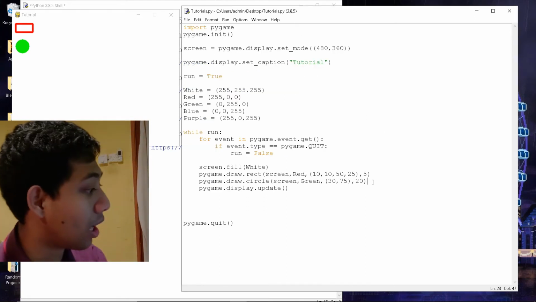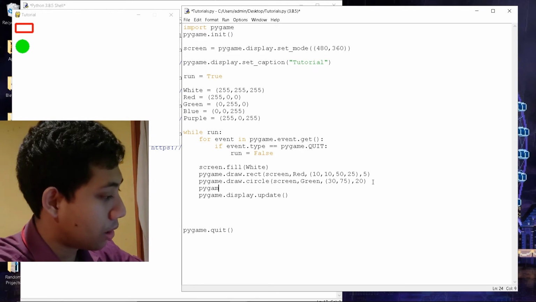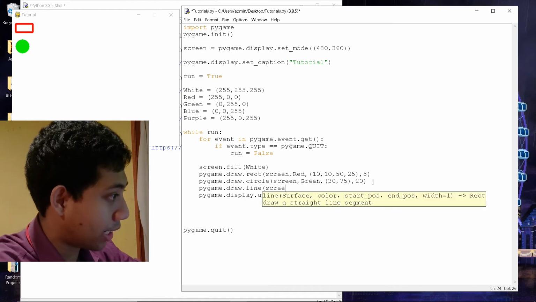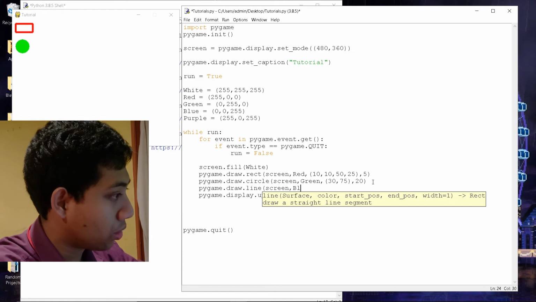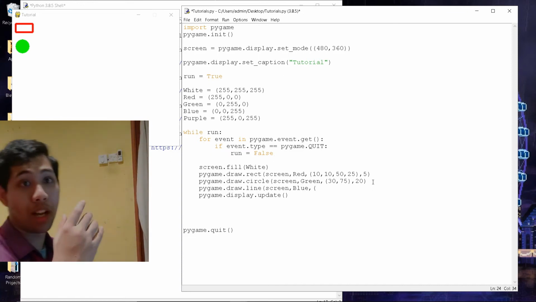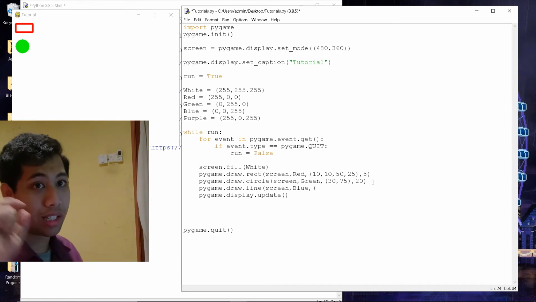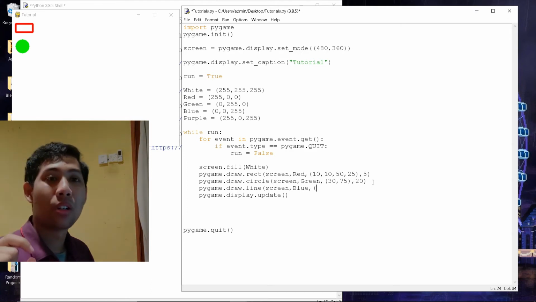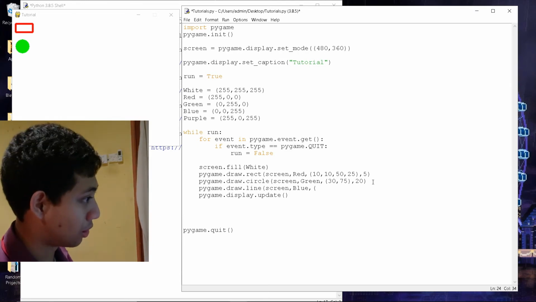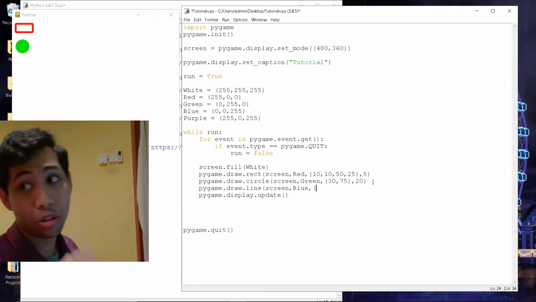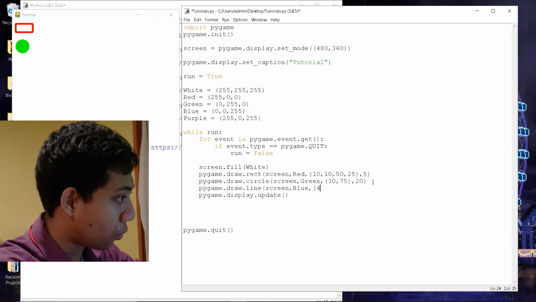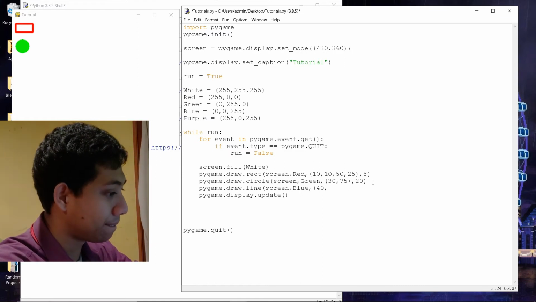Up next is a line. Pygame.draw.line. Again, screen, blue in this case. Now this is going to be a bit tricky. Now, like a line, it needs 2 points. Take 1 point, call one point, and then call another point, and draw a line from there. That's how Pygame discerns it. So Pygame understands it. So in this case, we'll go for 40 by 40